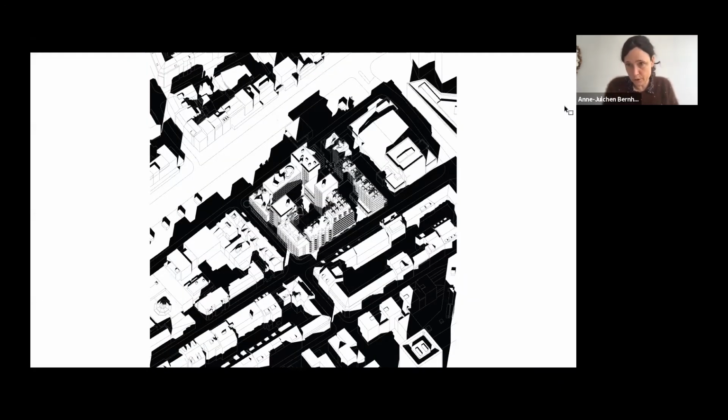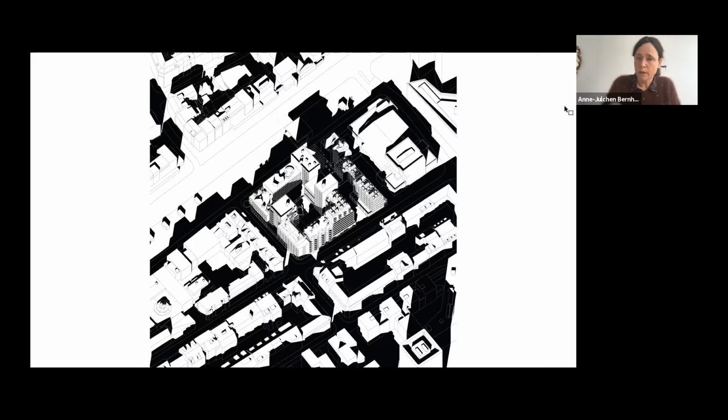We won that competition by translating all the wishes from the neighborhood and a quite high density for a German city center within our proposal. Our proposal is a block made out of different houses by different architects.